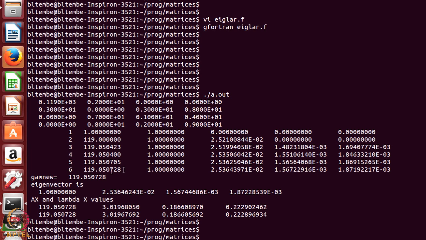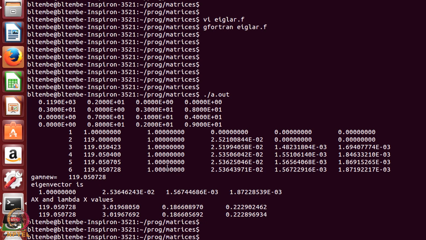You see 6th iteration, it has not done the 7th iteration because the parameter I gave, 10 to the minus 5, was the error I mentioned. So, if my new eigenvector does not change from the old one by more than one part in 10 to the minus 5, it will stop the calculation.